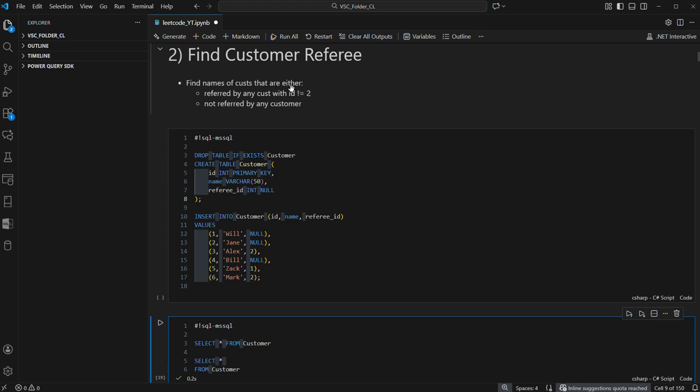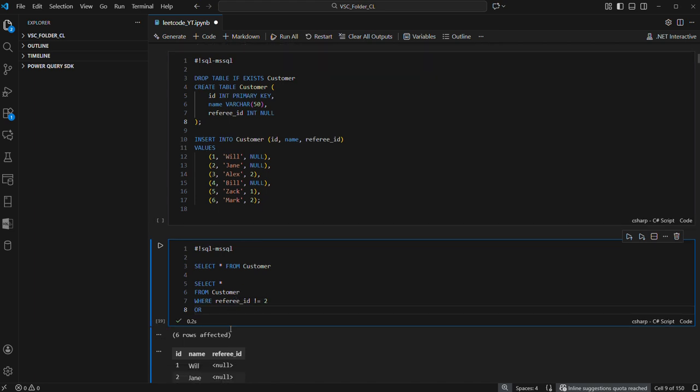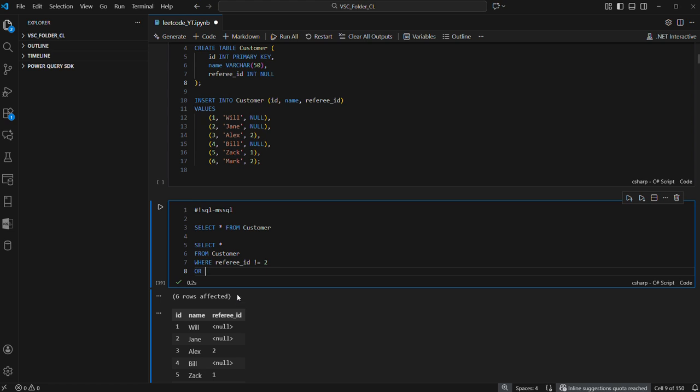Either signifies to me that we need to use OR, which will return rows where at least one of the conditions is met. Whereas if we had used AND, it would have required that both of the conditions are correct, and that's not what we're looking for. So we use OR here, and we do referee ID